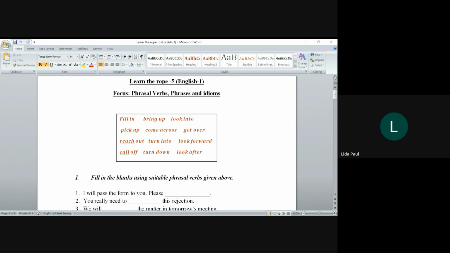And in this case, how is the adverbial particle used? In the phrasal verb, the adverbial particle is usually used as a preposition, right? Look at that. Fill in, bring up, look into, all of those words, right? In, into, across, up, over, forward. All of them are what? In the traditional sense of our understanding, we know all of them are prepositions. So this is the particle that's used as an adverbial particle in the phrasal verb complex. This is all you need to know about the structure of a phrasal verb. One part of it is a verb, another part of it is an adverbial particle, which in the case of a phrasal verb is going to be a preposition, right?